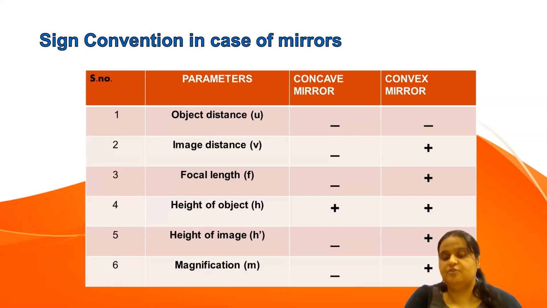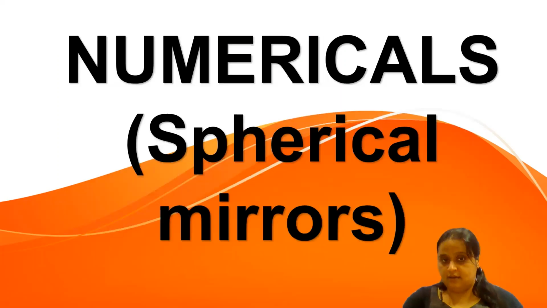Now in the previous video, we learned the ray diagrams and the sign convention based on the ray diagram, how to take our sign convention. These sign conventions that we learned in our last video, we will use in solving the numericals. So today we will see what the mirror formula is, what magnification is, how to find magnification, and how to solve our numericals for these mirrors. So let's start and just be ready with your register and your pen.